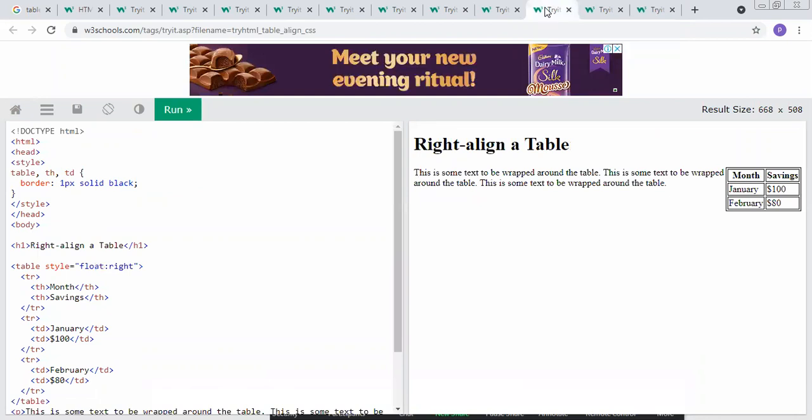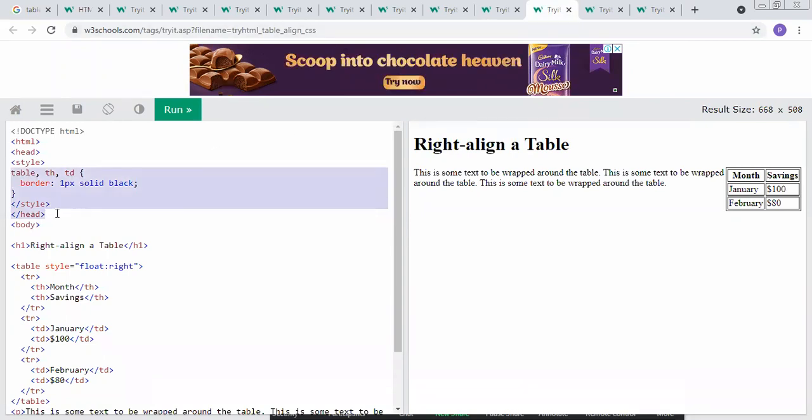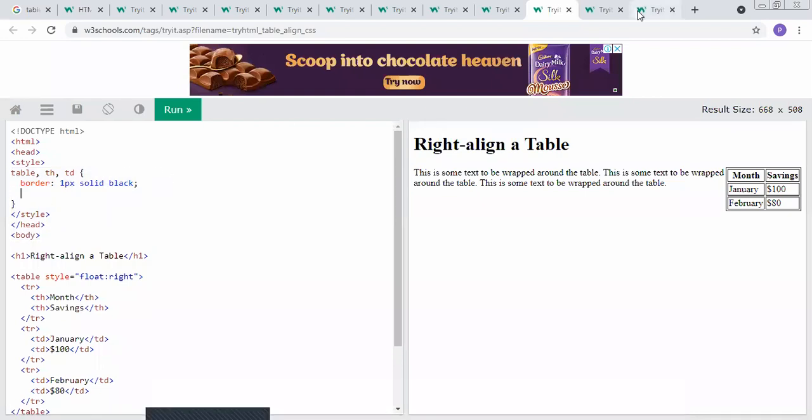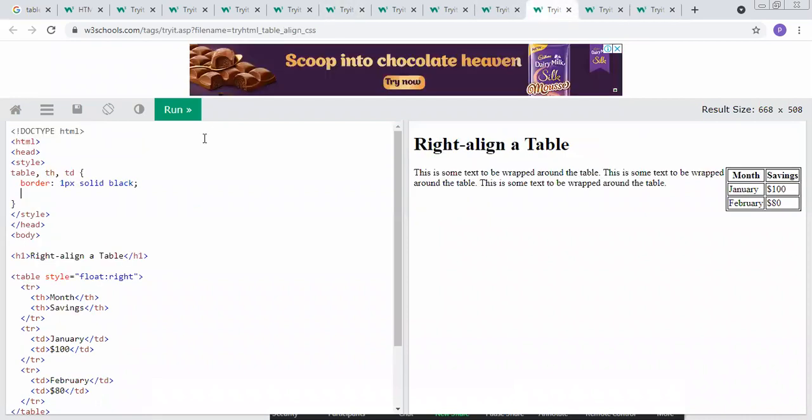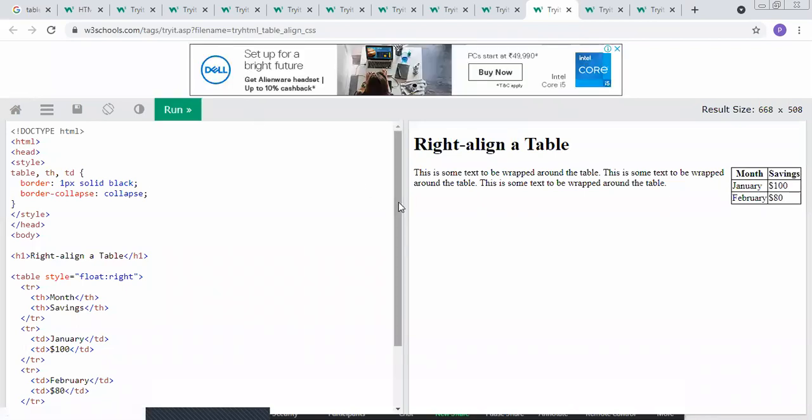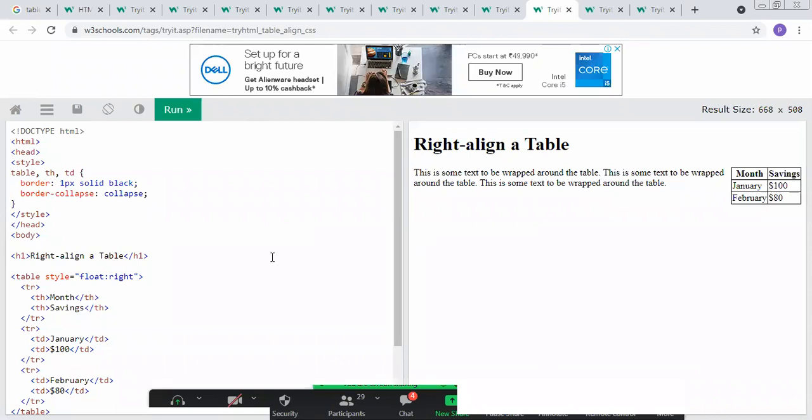Next, if we want to give the alignment of the particular table as the right alignment, at that time we have to consider the right alignment with the help of table style. So first we have to define the particular style through which we have to prepare that particular table. If we want to prepare the single collapse table, we only add that particular syntax over here. If you want to run that program, the reflection gets changed. We only use the collapse border.